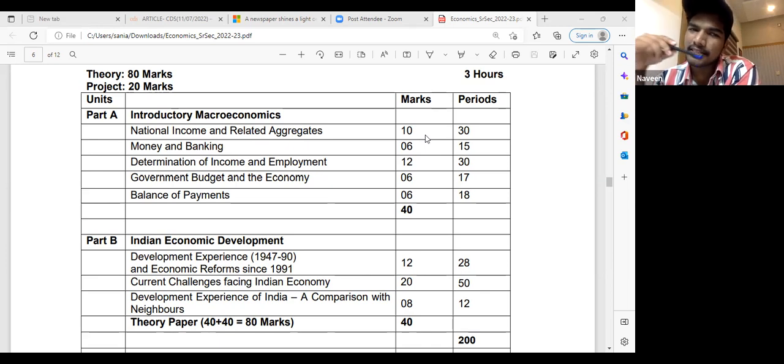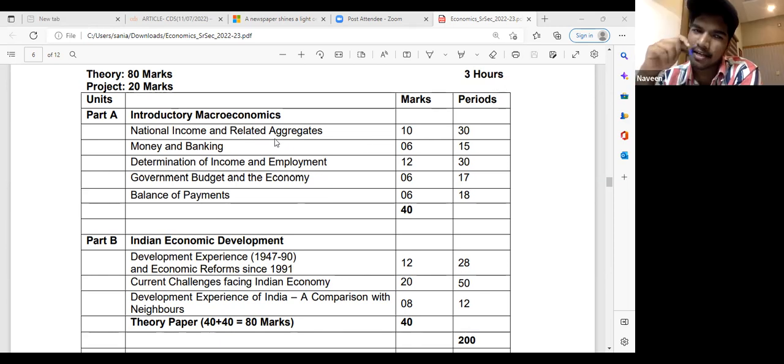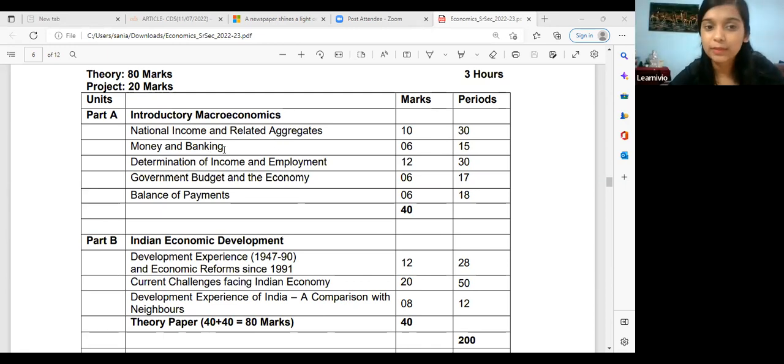I think in my class, national income started last month, in June. So you are doing national income right now. Money and banking, I think it's finished. Okay, so we'll start with money and banking, and as you have done that, because always the first unit is money and banking itself, but the syllabus over here is like that. But in every school, the first chapter is money and banking.